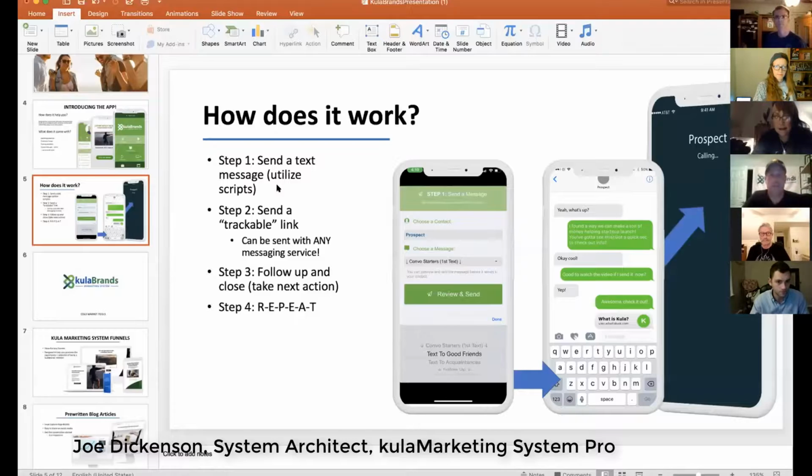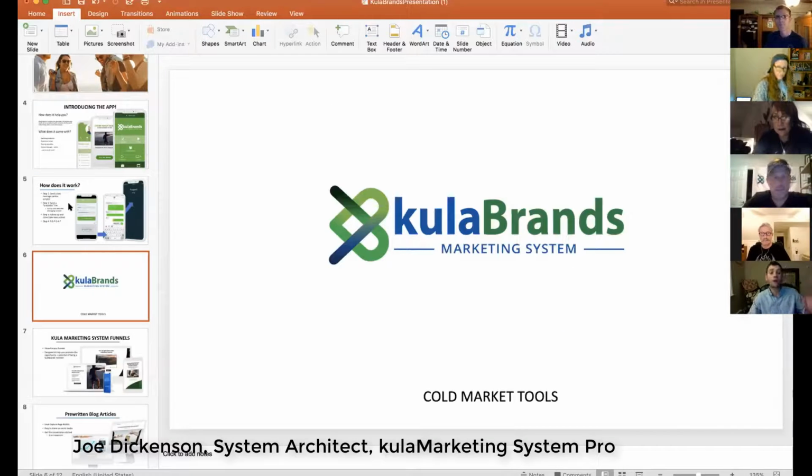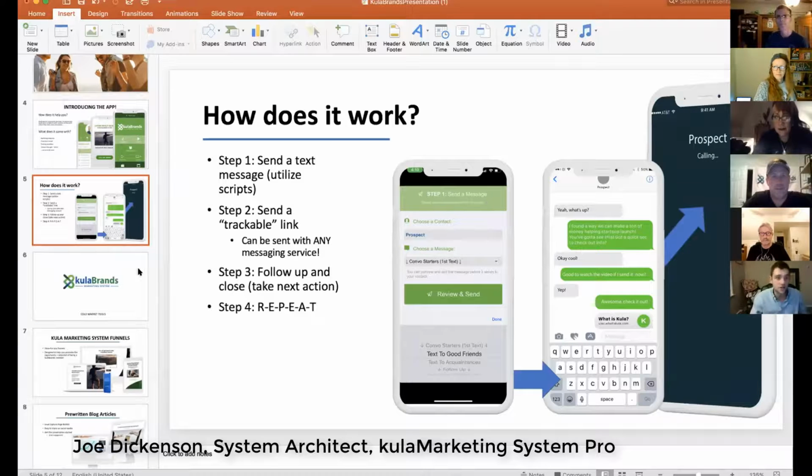Let me pop back over to the PowerPoint now so we can keep rocking through this. All right, so that's warm market stuff. Just by the way, to mention this, what I just showed you is what everyone can do, period, end of story, no question. And a lot of leaders will teach the 2-a-day system. Just send 2 texts out a day.